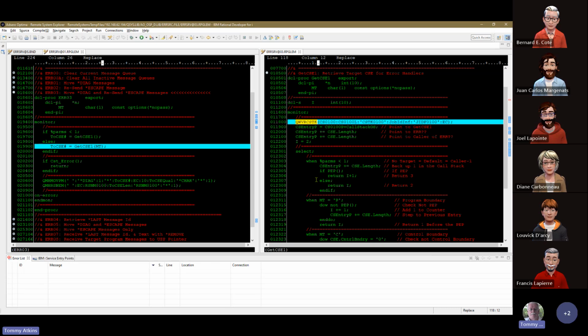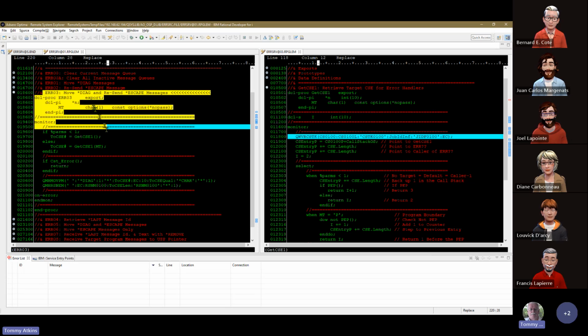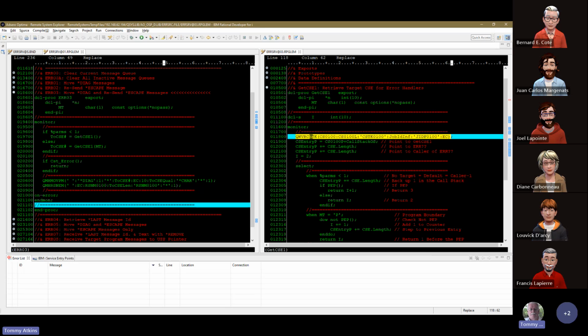So the current one is on top and all the previous ones are underneath it. So you've got to realize that that is what I'm doing here. So what I'm trying to do is recover the number of the call stack entry that this procedure here wants to send to. So I retrieve the call stack